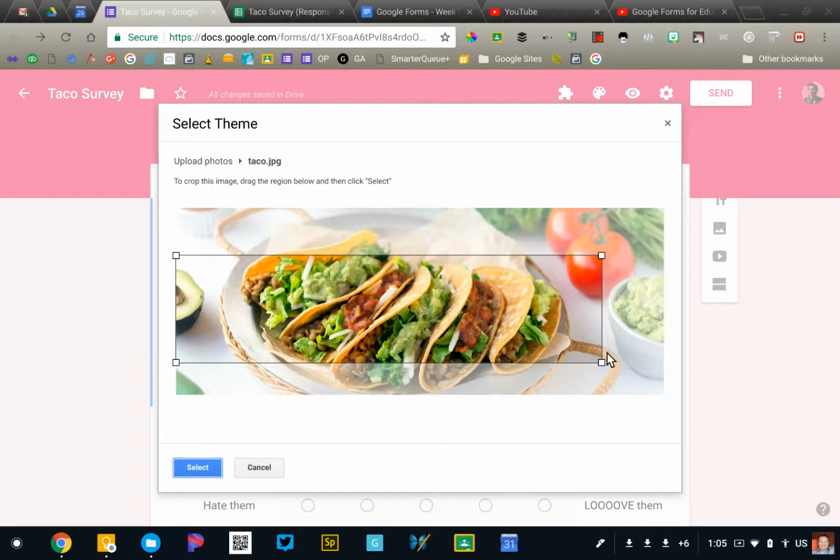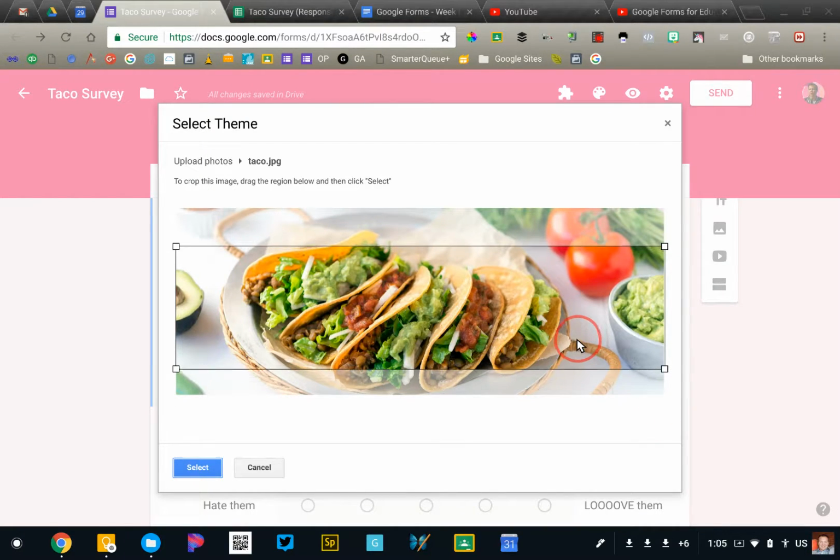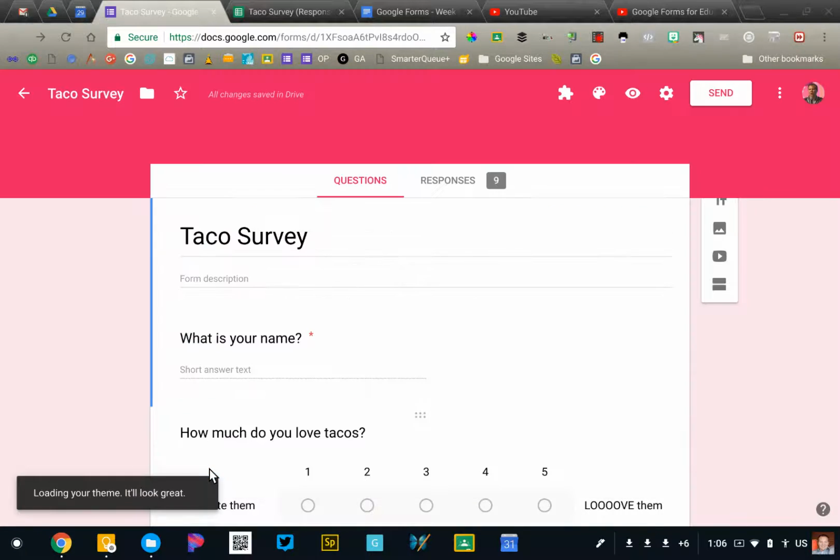However, this is very general because your form may be viewed on an iPhone, a tablet, a widescreen computer, a TV. You have no idea, and Google will automatically adjust that header image based on the screen of your viewer. So you cannot rely 100% that that's exactly what they're going to see. They could see a little bit more or a little bit less. I don't recommend adding text to your header image because it's so unreliable about where that text is going to be cropped off.